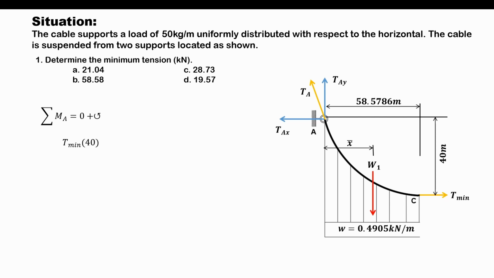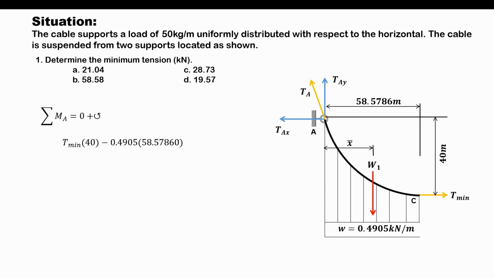The other force that has a moment value about A is the weight W1. If you look at the free-body diagram, this resultant of the weight will produce a clockwise moment about A. Therefore, we have here negative 49.05 multiplied by